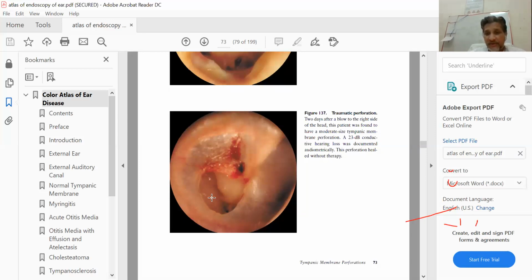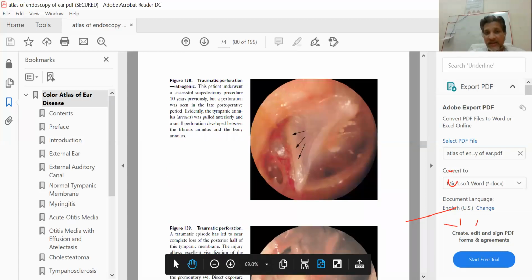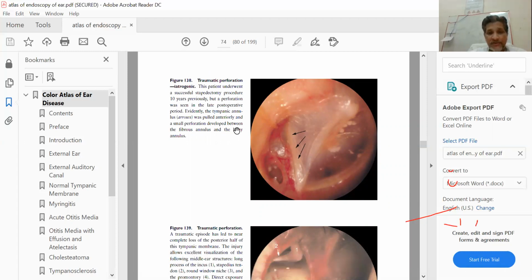So next slide will be, again you have to guess what kind of a slide. So this is an iatrogenic perforation. You can look through the literature also. Iatrogenic is nothing but doctor induced, or physician or surgeon induced.